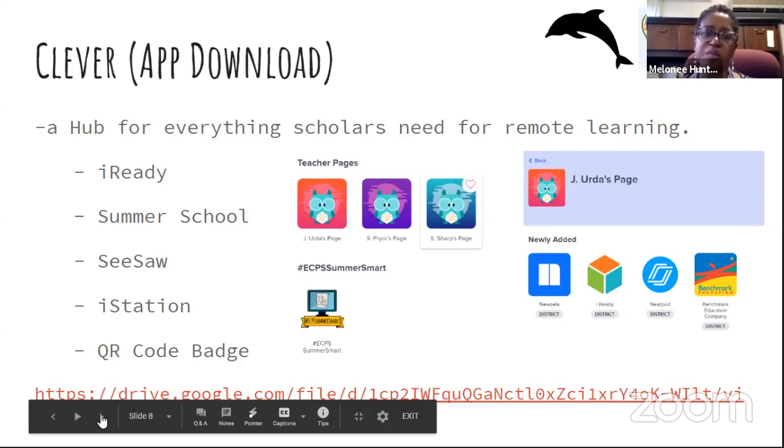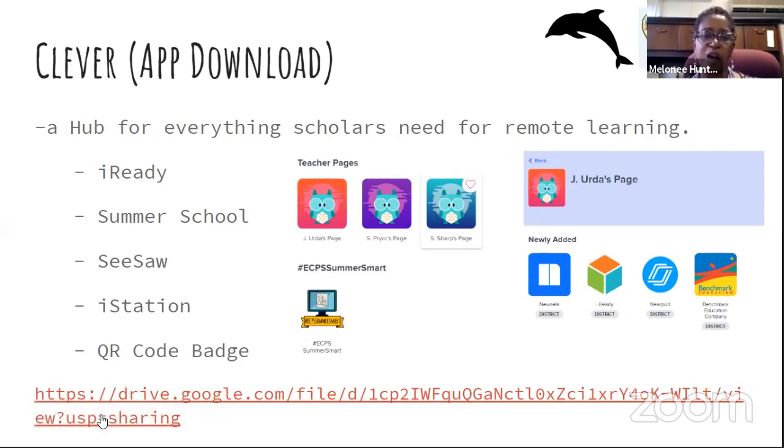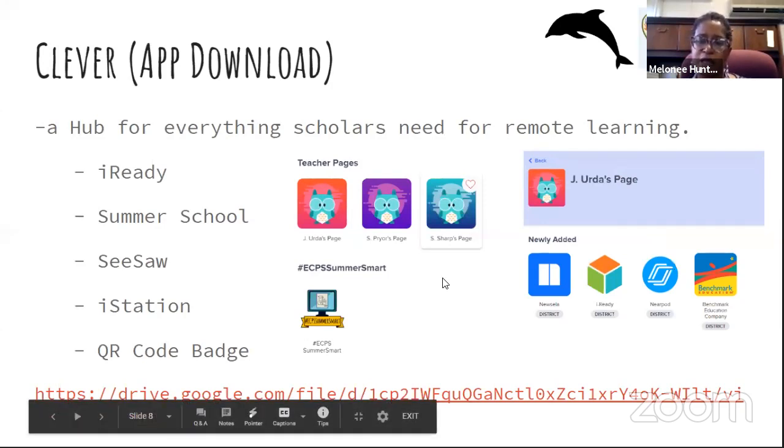This is what she talked about in terms of Clever, that it being a hub for iReady. We're using it currently for our Summer Smart program. There are several different apps that scholars will be able to use when they're on Clever. And for our younger scholars, we have a QR code that makes it easier for them to